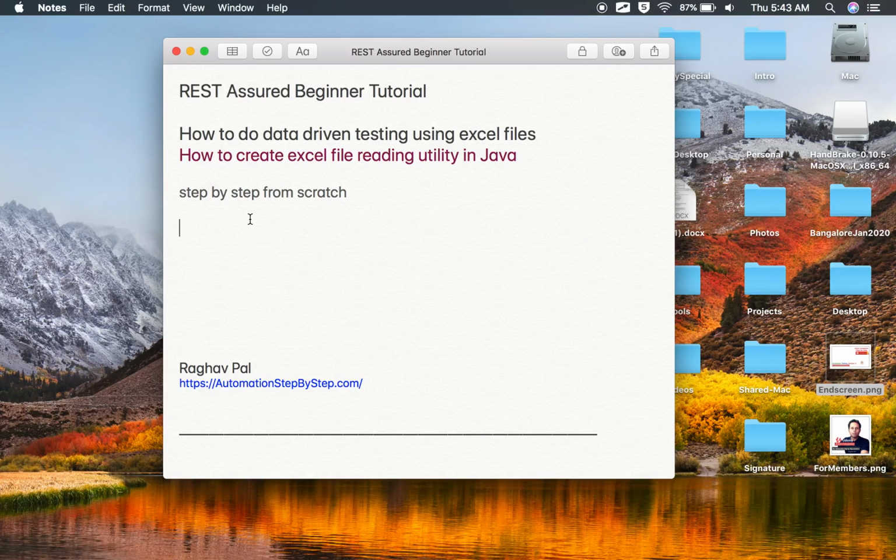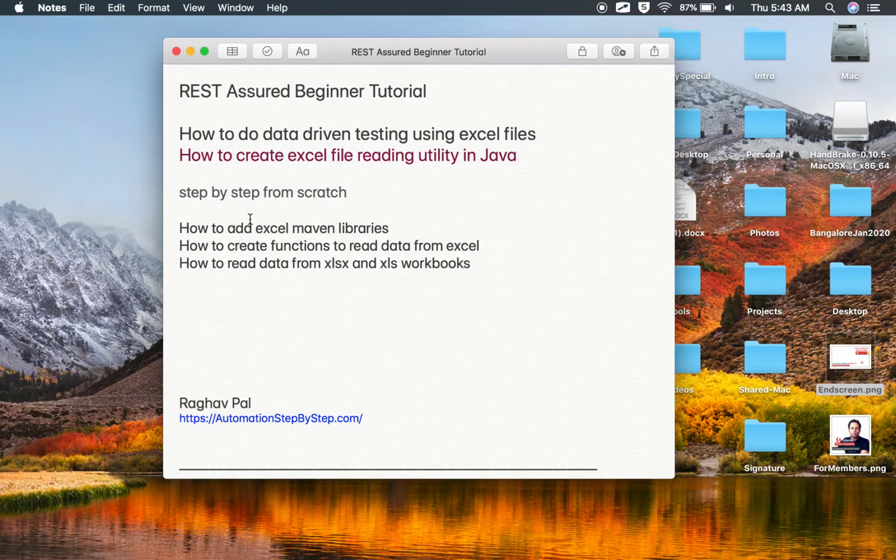And do not worry if you have no prior knowledge on this topic. I will go step by step from scratch and we will learn how to add Excel Maven libraries in our project, how to create functions to read data from Excel, and then how to read data from both the formats of Excel, that is xlsx and xls workbooks. So let's get started. And step number one is we are going to add Maven dependency